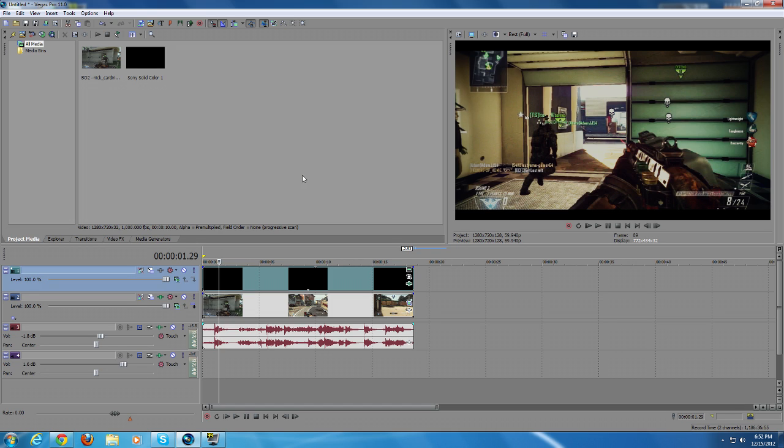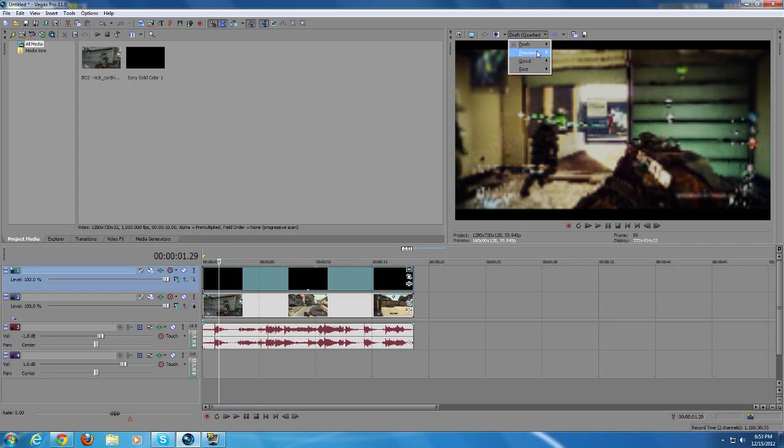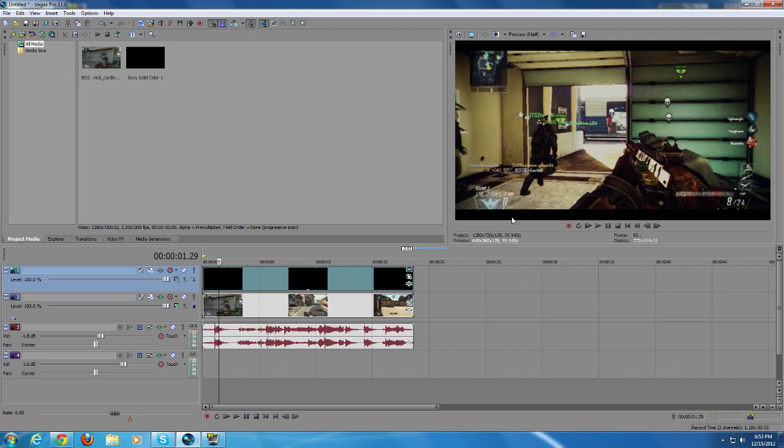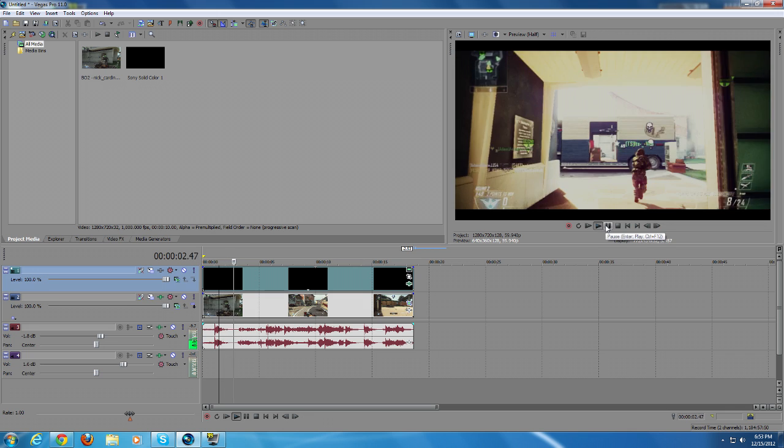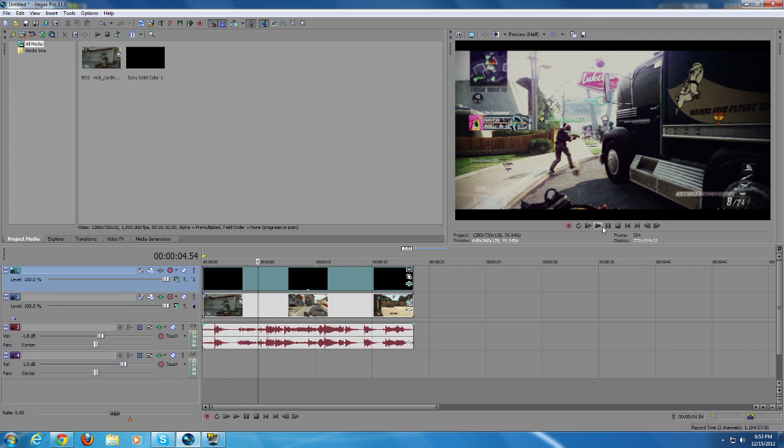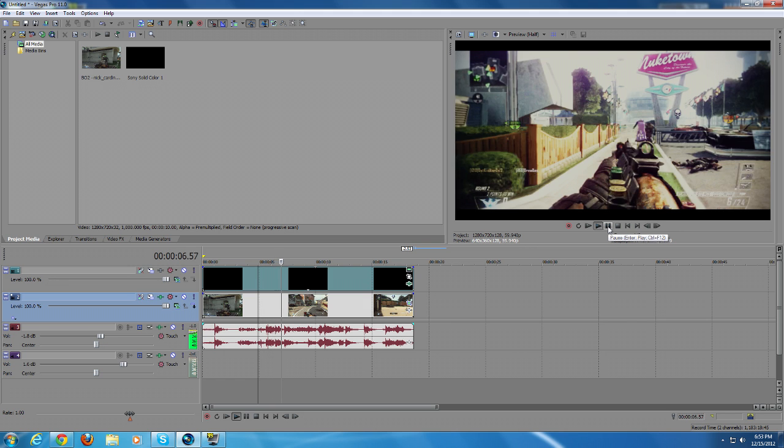It's going to be hard to let you preview anything with effects on it when you're showing the preview in best full. Your computer is most likely not powerful enough to give you a preview. So I suggest using preview half, and if not, try preview quarter. That might give you a really bad looking display for your preview, but it might be the only way you're going to be able to preview it. So I'm going to try to preview this. It's not going to be the greatest because you have a lot of heavy effects on here with Magic Bullet Looks. So now let's look at the